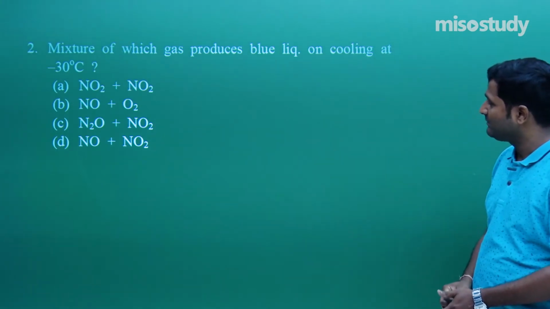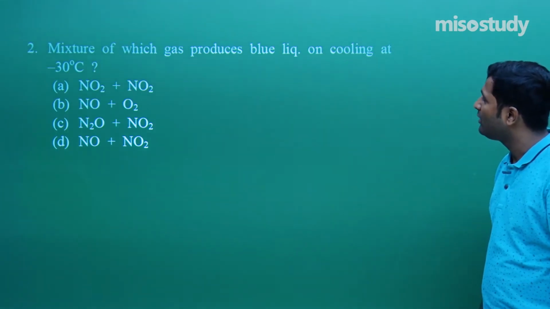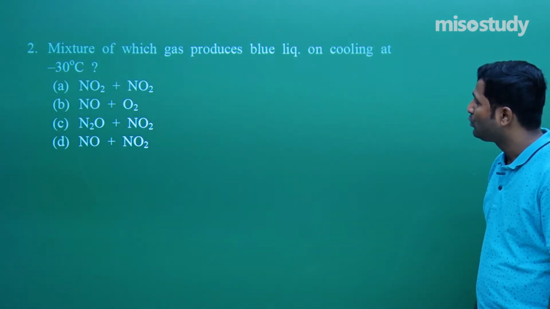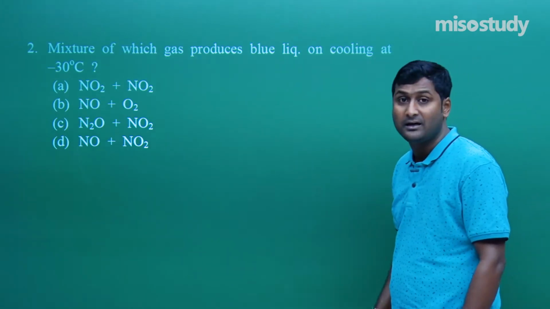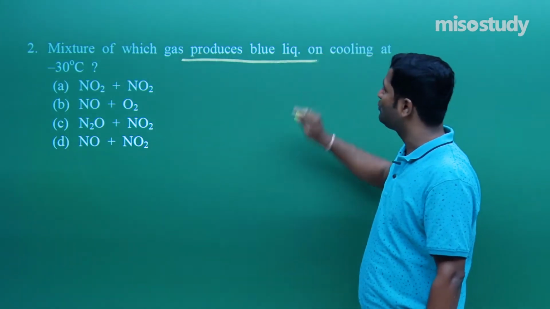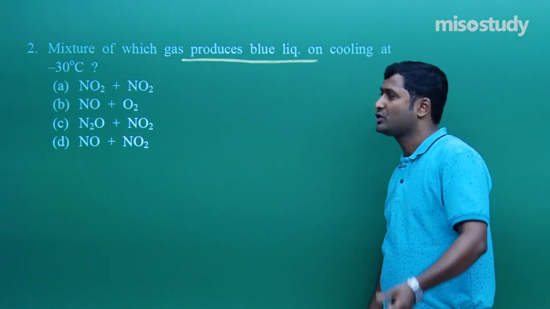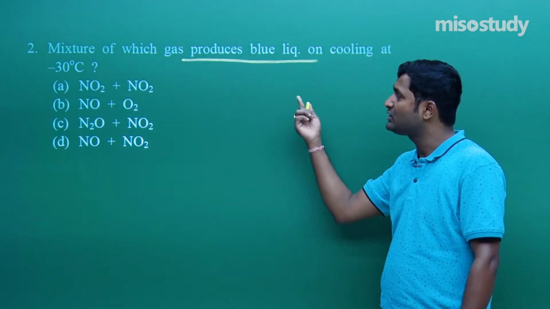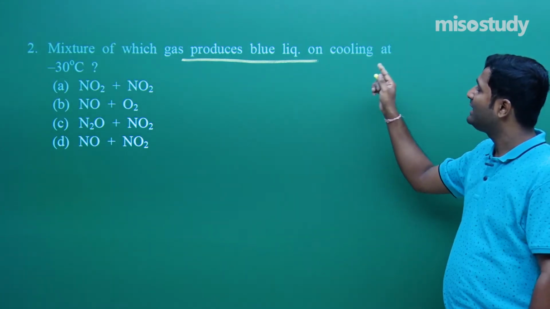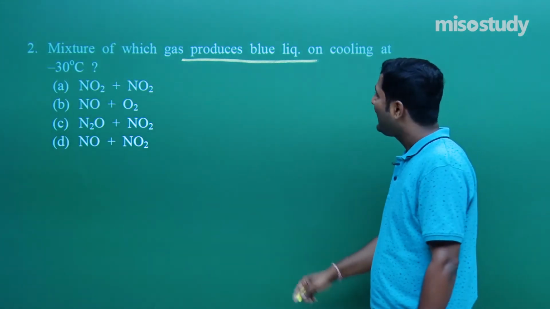Look here, what is given? A mixture of which gas produces a blue liquid on cooling at minus 30 degrees Celsius? Look, this is a completely conceptual question. Read the question carefully. A mixture of which gas produces a blue liquid on cooling at minus 30? As we know,